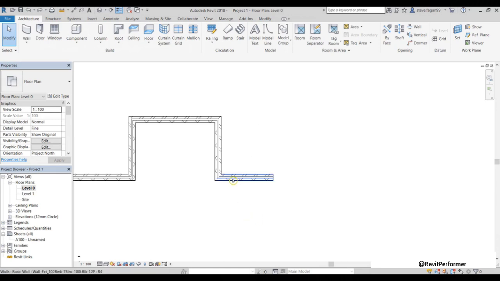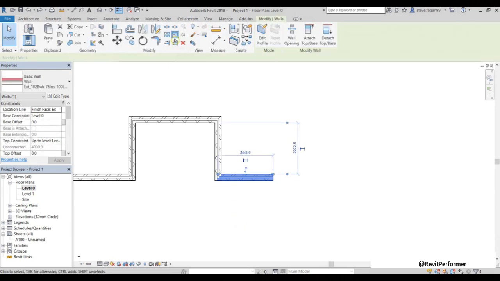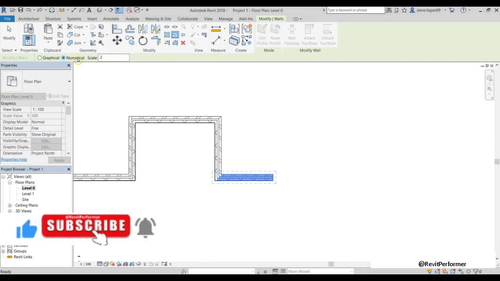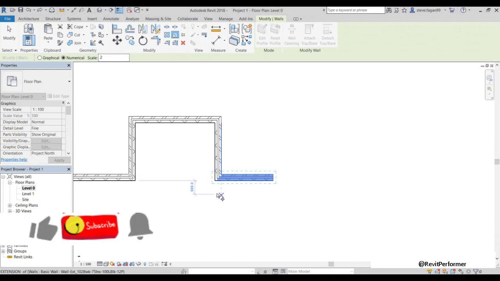Next is the scale factor by numerical. Again, I'll select the wall, select the scale tool, and toggle over to numerical. To scale numerically, first you've got to enter in your scale. So we'll leave it at 2. And then we've got to specify the origin of the scale.